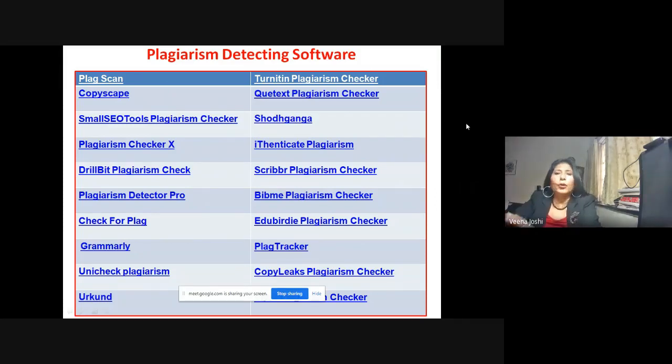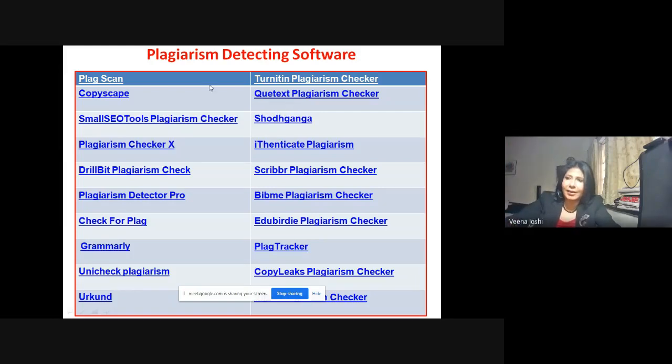आजकल है ना, कोई भी PhD भी रहा ना, पुणे यूनिवर्सिटी यूज टर्निटिन, I use टर्निटिन, शोध गंगा, and look at that, all these names हम पढ़ेंगे नहीं. ये सब सॉफ्टवेयर आया है. All the journals are there now. पहले ही they have got their own software. If there is any parallel word, थोड़ा रेड कलर होके आ जाएगा. Before it goes into the editorial system, ये filtered पहले बता देंगे कि इसमें से 60% तो पहले ही आर्टिकल से है. अभी उसका स्कोप भी चला गया. Okay, but it's only of the online available material. पुराने जो जर्नल है 1980 की पहले, 85 की पहले, वो ऑफलाइन रहता था. वो तो अभी भी कॉपी करते होंगे.